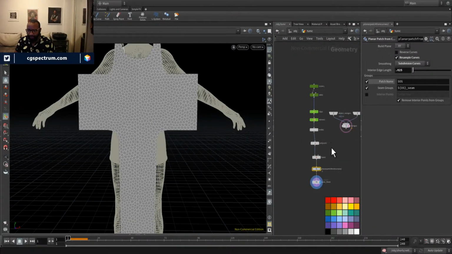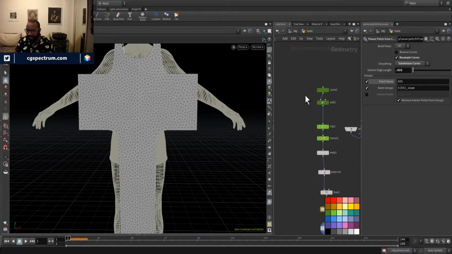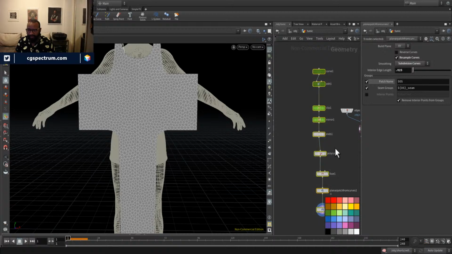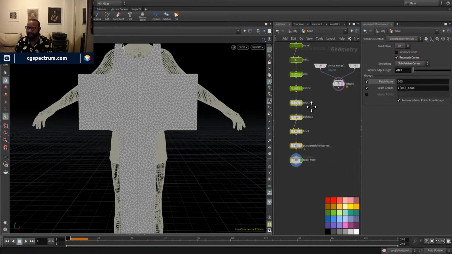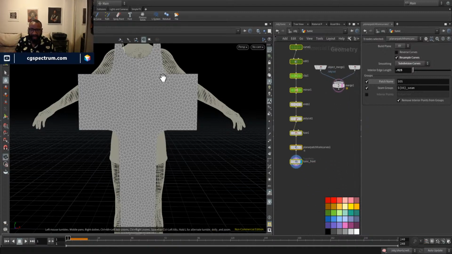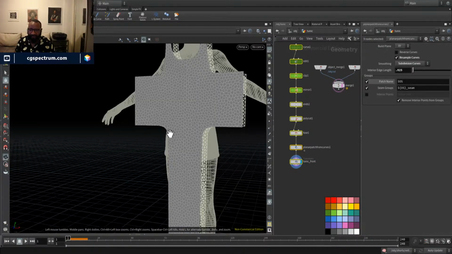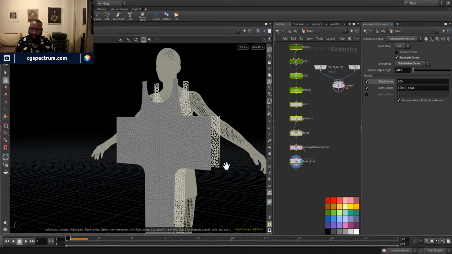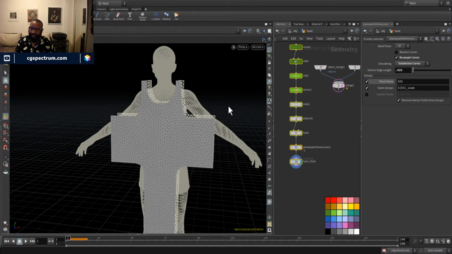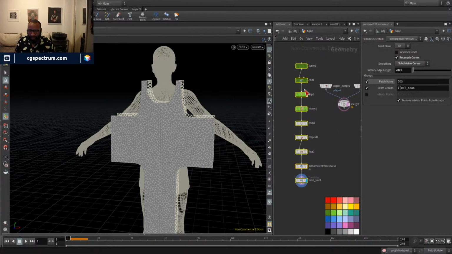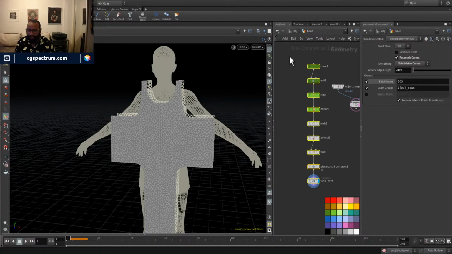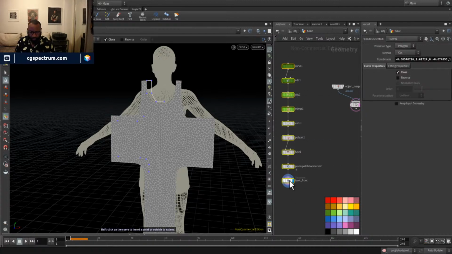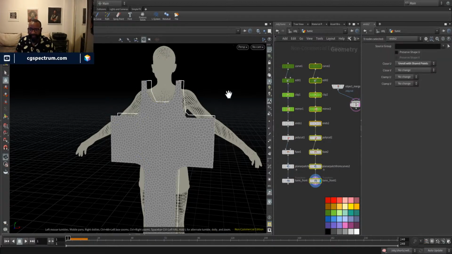Okay. So, just like we did before, I know that I have all this stuff figured out. I'm just going to copy it. So I'm going to do Shift L to kind of lay these out. Nice. So I'm going to copy this, and I'm going to make my tunic back. So my tunic back is going to look very similar, but it's just going to go straight across, and the neckline won't be as deep. So what I'm going to do is hold down Alt and drag all this stuff over to the side. So that'll make me a brand new